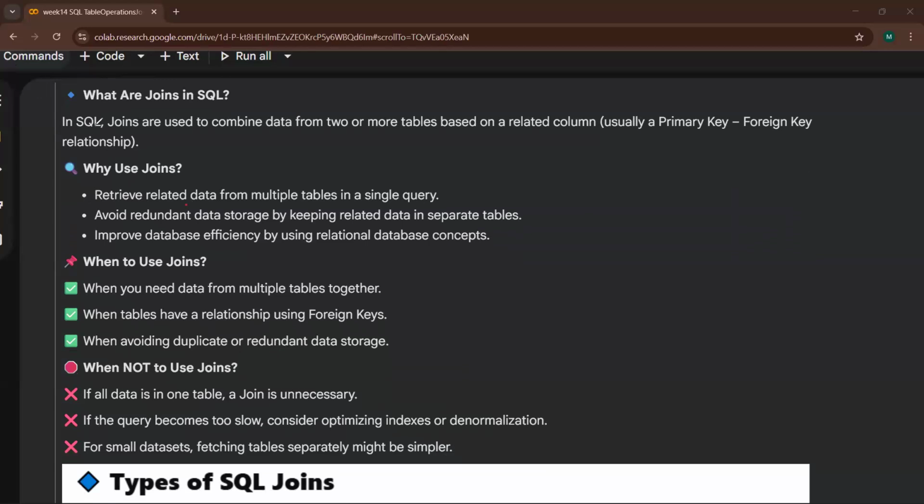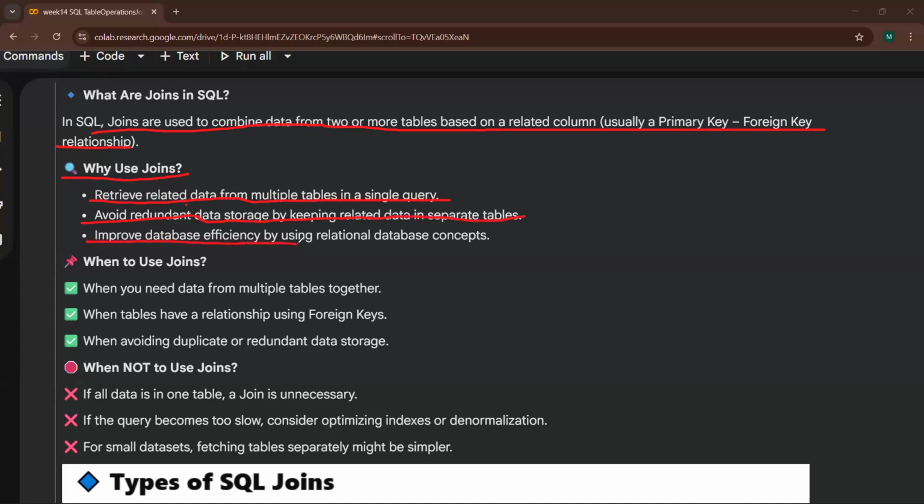In SQL, joins are used to combine two or more tables based on a related column, usually a primary key, foreign key relationship. Why use join? It retrieves the related data from multiple tables in a single query. It avoids redundant data by keeping related data in separate tables.